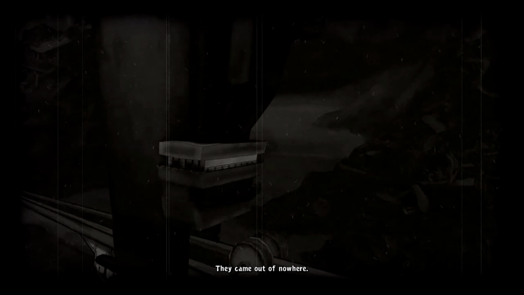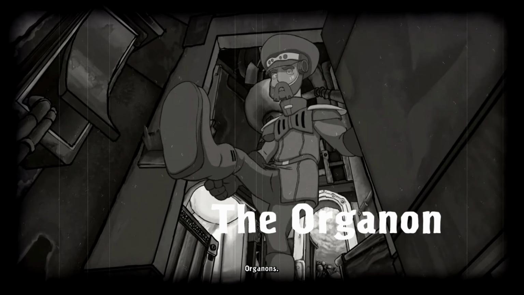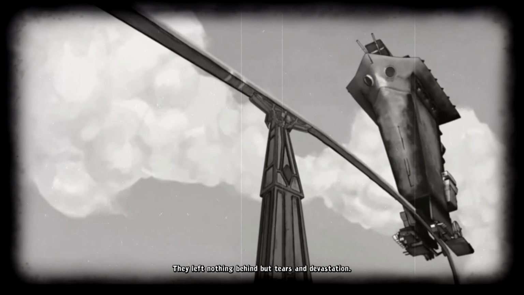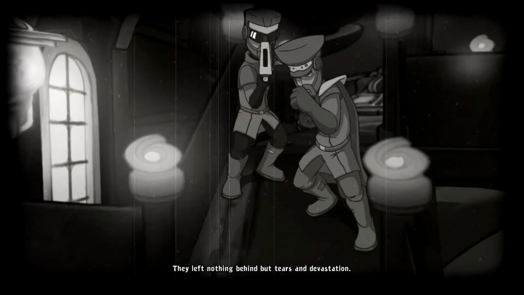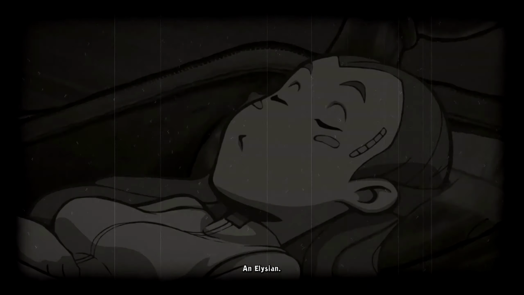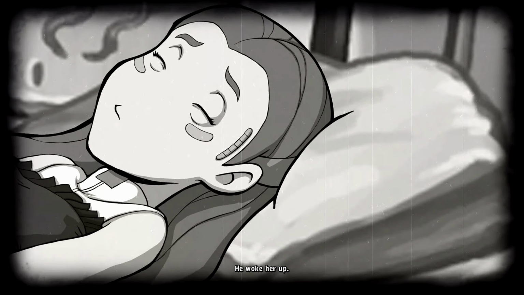They came out of nowhere. With their cruisers, plasma weapons, and mechanical beards. Organized. They took our village by force. They left nothing behind but tears and devastation. They were looking for gold and Elysium. The girl that fell from the sky. And only one person was prepared to save her. He woke her up,